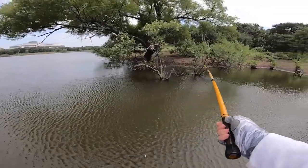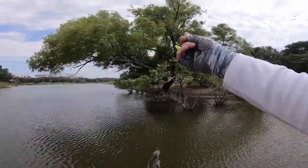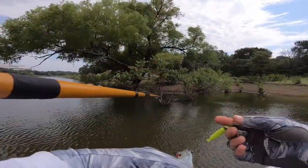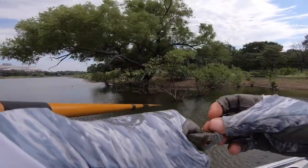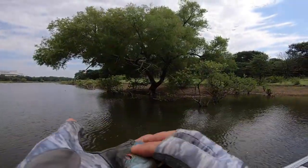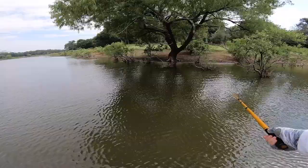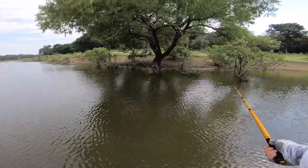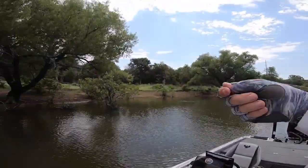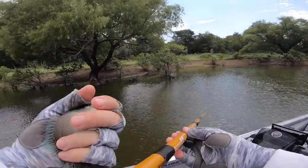Oh my goodness. Well, one attacked the bobber and the other one attacked the fly. That is beautiful. My goodness. Look how pretty this fish is. I mean, that looks like a tropical reef fish. That's awesome. See you, buddy. You're aggressive. I like you. Yeah. What, man? So we've got a bluegill, and I believe this is a...